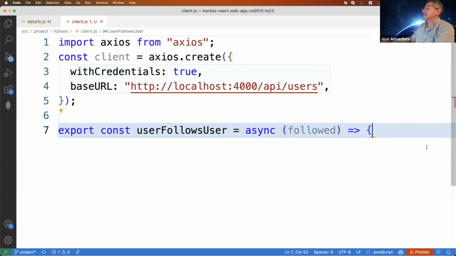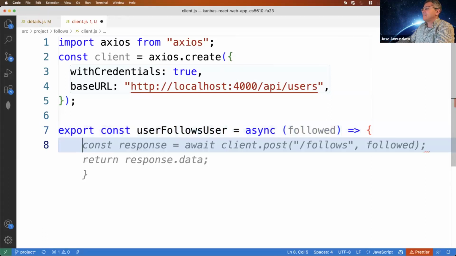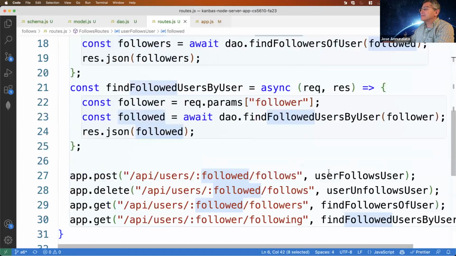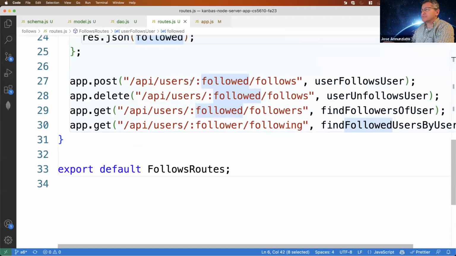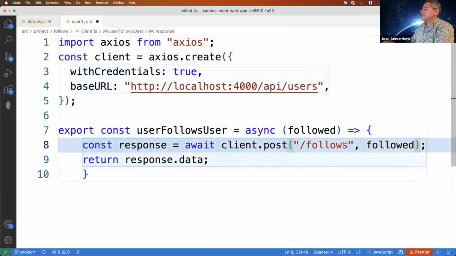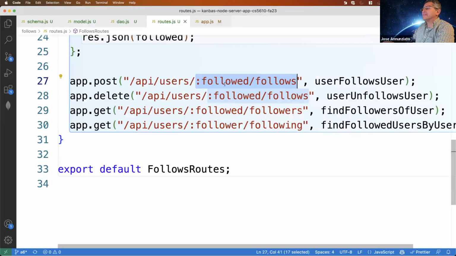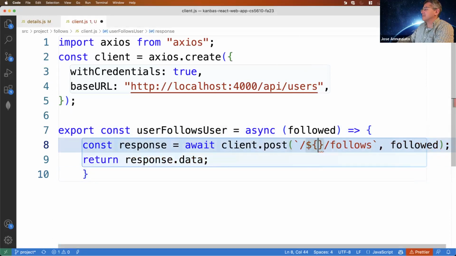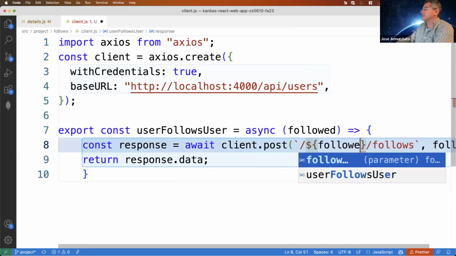Let's see, what is it expecting? It's going to expect API users, then the followed, and then follows. So this is follows, but it needs to put the ID in front, so this needs to be like that, and I'm going to put in front of this the followed here.